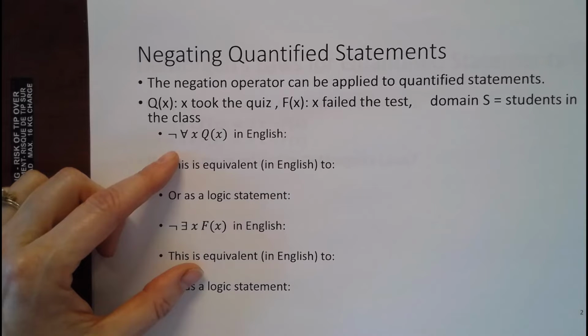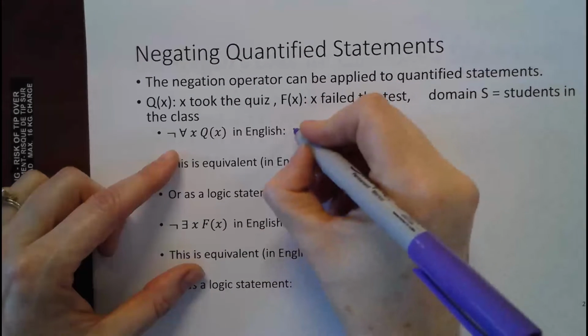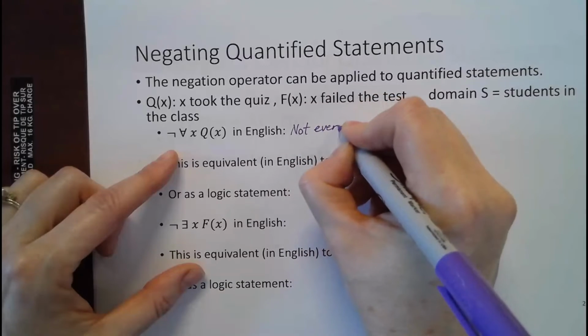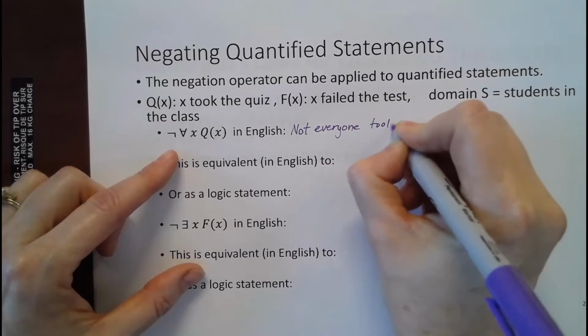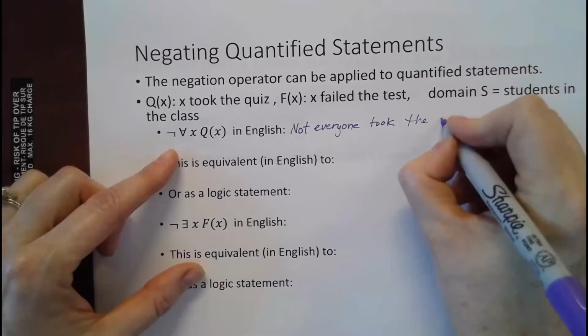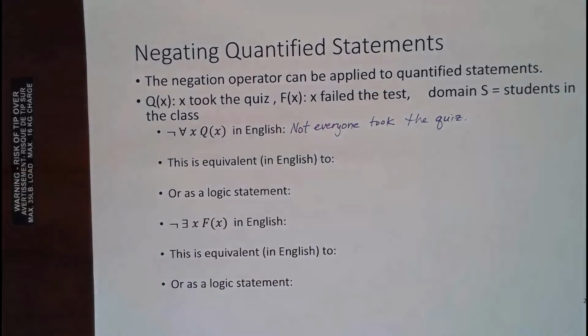Okay, Matthew, what is it? Not everyone took the quiz. Yeah, so not everyone took the quiz. But just the fact that we have the discussion means that this is kind of a confusing statement, isn't it? Because we're trying to decide, should I have said nobody or not everyone? What's another way to say not everyone took the quiz that's a little bit more clear to us? Not all the students in the class took the quiz? Yeah, that sounds like not everyone. What do you think? At least one of the students didn't take the quiz.